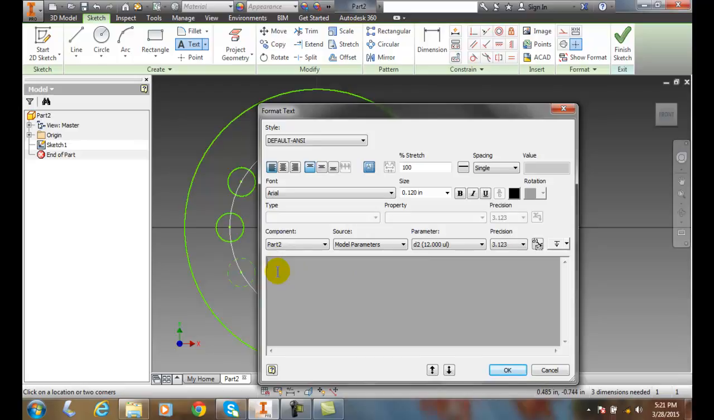And I'll say, we have a bolt hole here that's not missing, and so I'll say do not drill 1 bolt hole. Alright,